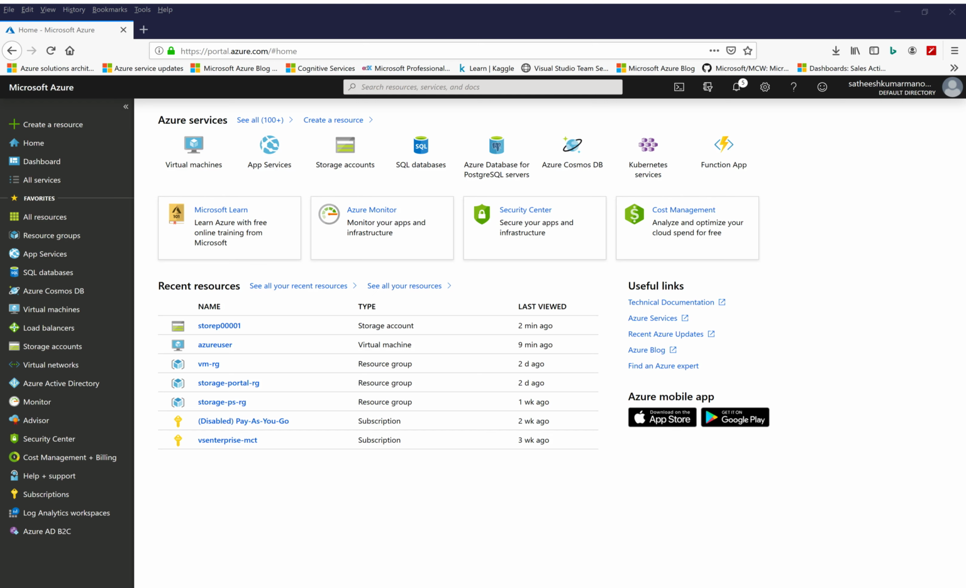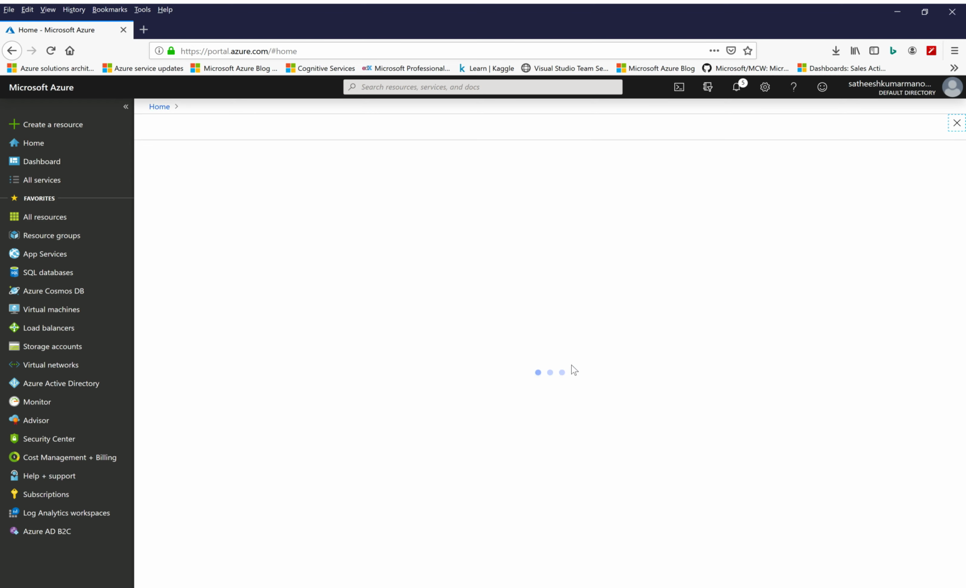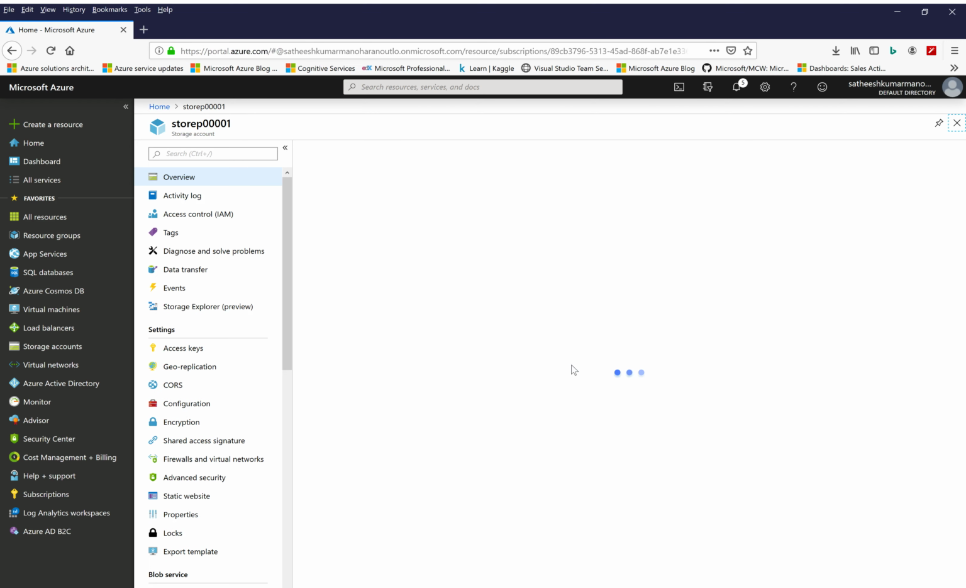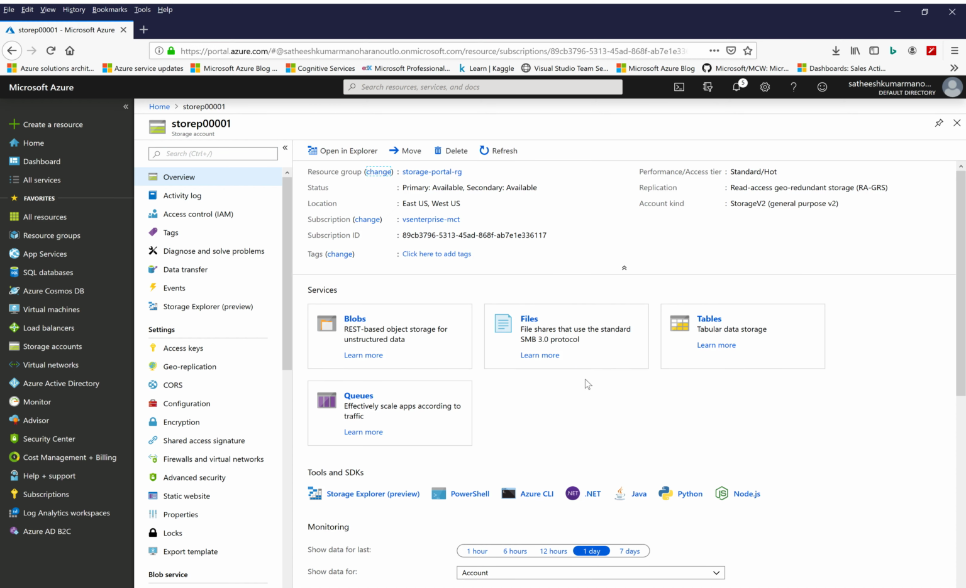Now we are looking at the Azure portal, and I'll click on the storage account which we have created previously. In the overview section, we will be able to see the different services. There is a files service listed. I can click on it and go through it directly,